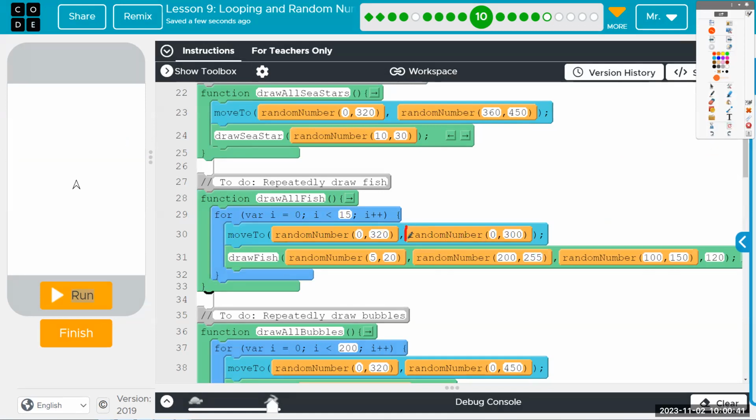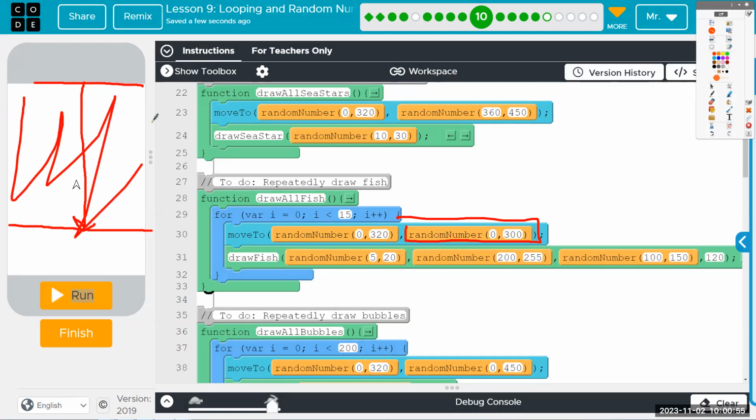But the random Y value is 0 to 300, which means the Y will end up somewhere between the top edge, which is 0, and 300 down from the top. So all of our fish will be in this area, which is a large range, but none of the fish will ever show up at the bottom because our range for Y is limited to 300.